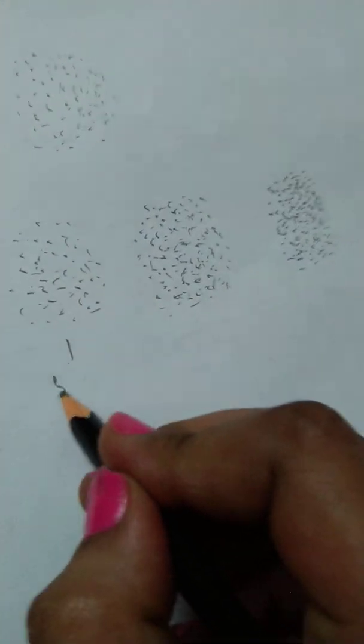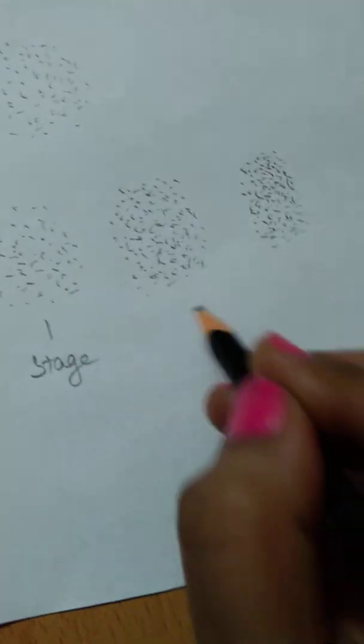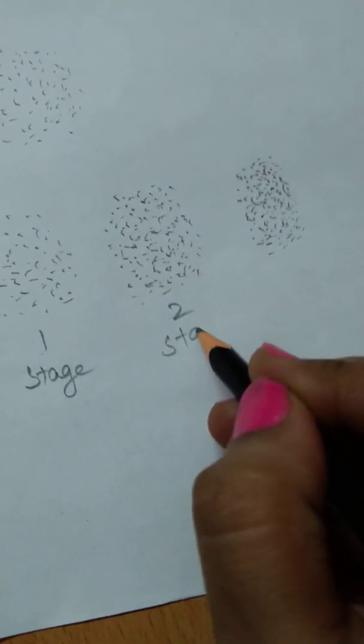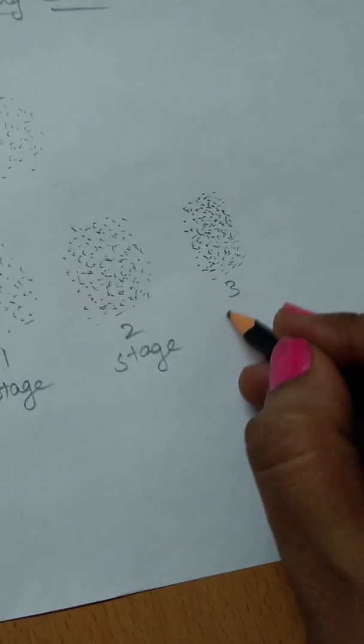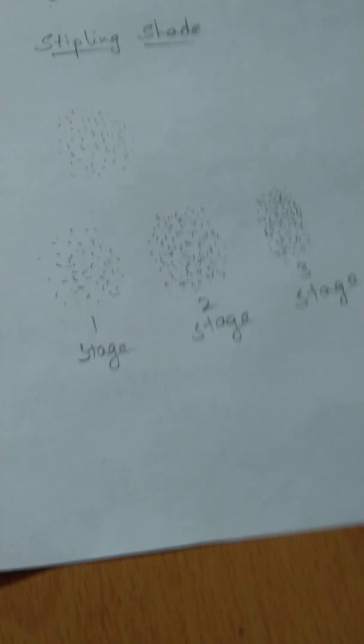See, you can easily find out. This is the first stage, this is the second stage, and this is the third stage of stippling. Okay,